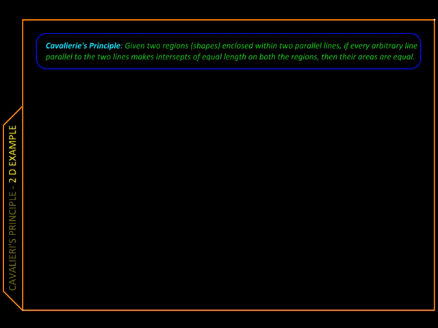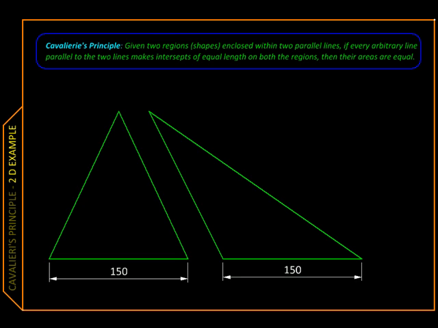Here we are going to take a look at one interesting principle from geometry called Cavalieri's principle, and it gives us a very powerful technique of figuring areas and even volumes of certain shapes and solids. So the principle goes something like this: if you are given two shapes, in our case say these two triangles, Cavalieri calls them regions, and if they are bound between two parallel lines, so here are the two parallel